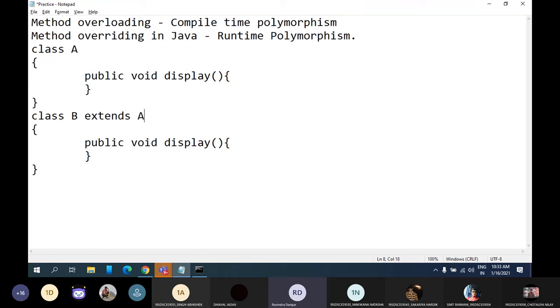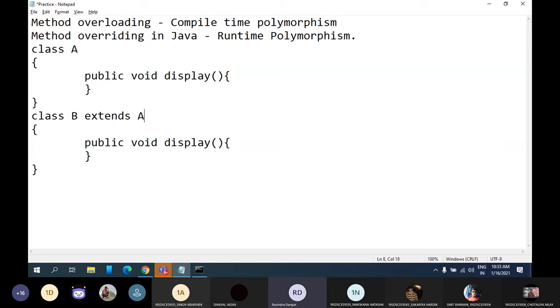Now inheritance says if I am having class B as a subclass, then by creating an object of class B only, I can access properties of both the classes, class B and class A. Are you with me? Are you agree with this? I am saying for this scenario, if I am having an object of class B, then using that object I can access properties of both the classes.